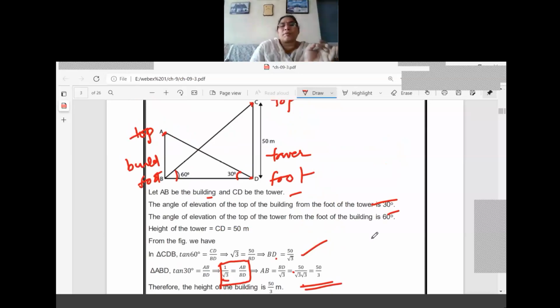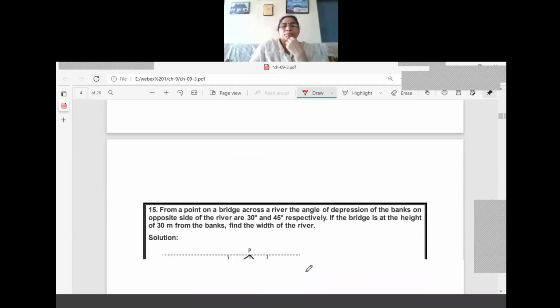So here also what we required is two right triangles, with the help of the unknown and known quantities and T ratios. So we are going to solve the question. Once you complete the diagram, you form the equation like this, write the triangle correctly, then tan 60 and tan 30 are to be written. From that, you have to form the equations.